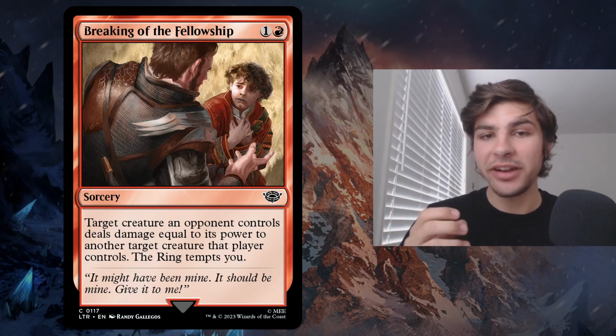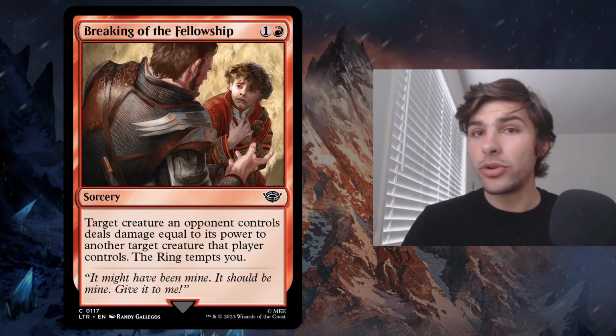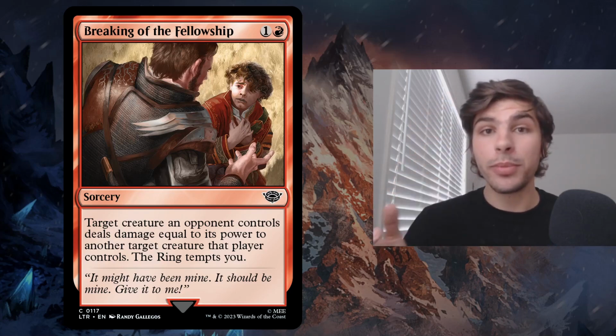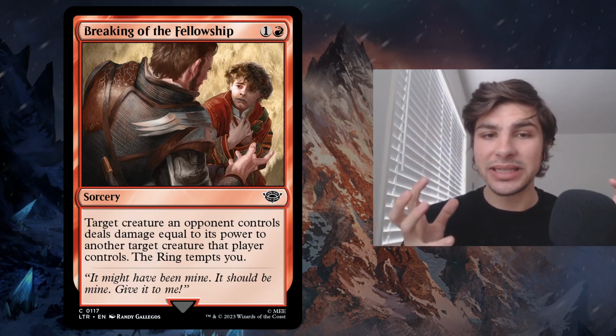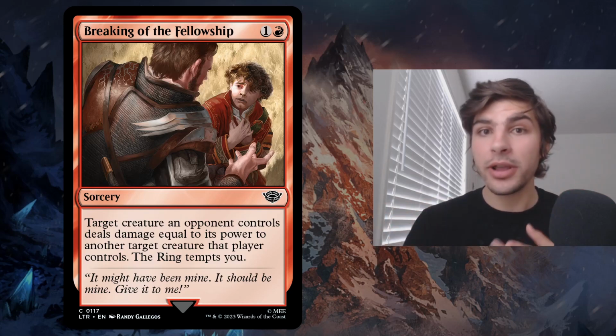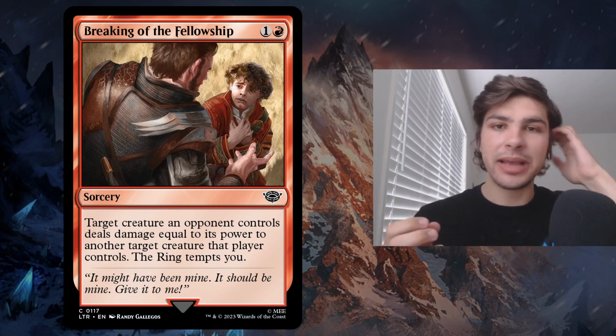Which is absolutely beautiful artwork, because it shows Boromir towering over Frodo. Frodo's afraid, and Boromir, who would normally be seen as this hero figure, the defender of the group, looks a little bit evil, because the ring is tempting him. And the ring tempts you is perfect in this sense on the card, because it not only is the ring tempting Boromir, but